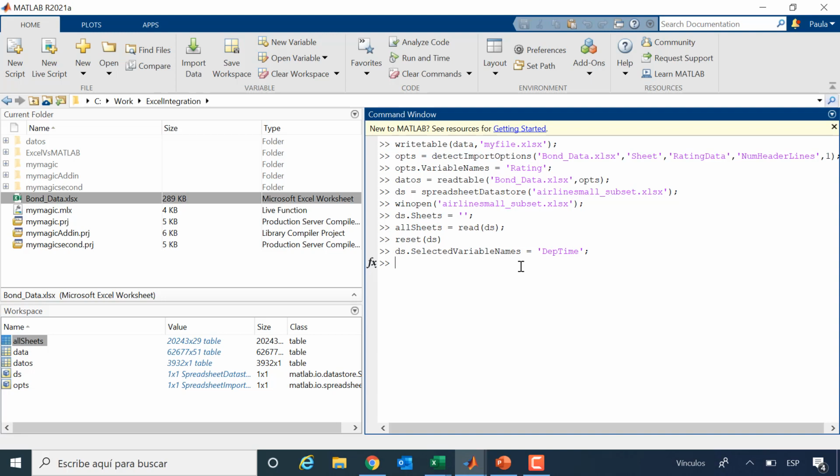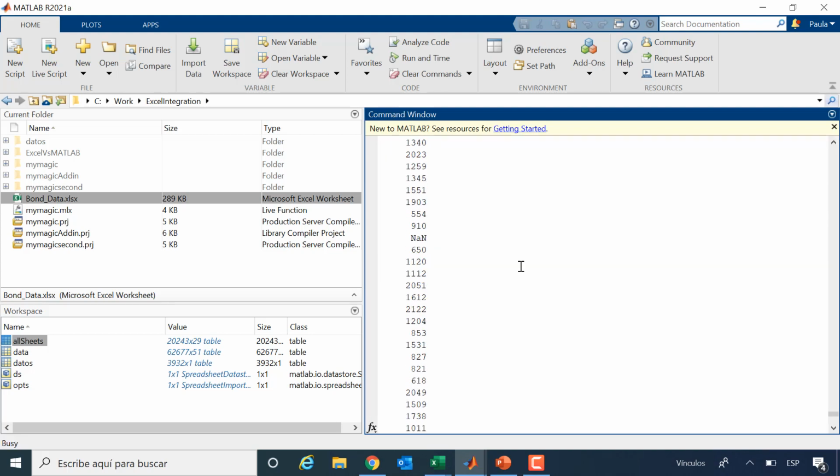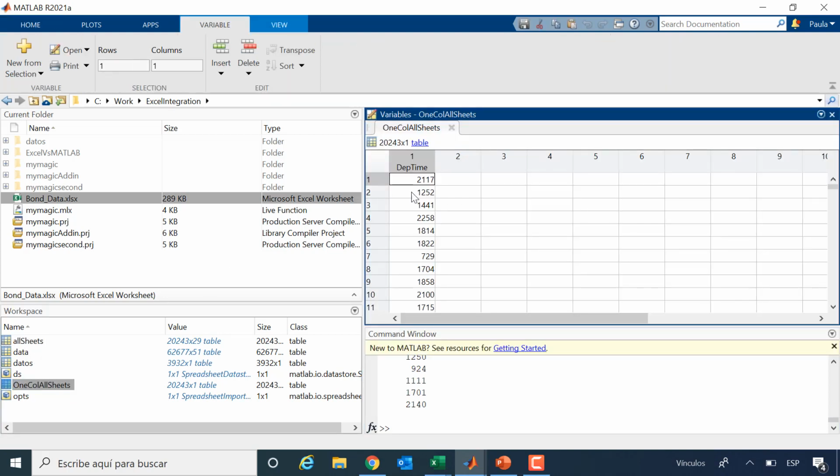Okay, so if I now say my output variable, what I'm going to be reading, and I read that datastore. Oops, I didn't put a semicolon. So then you realize we have them here.